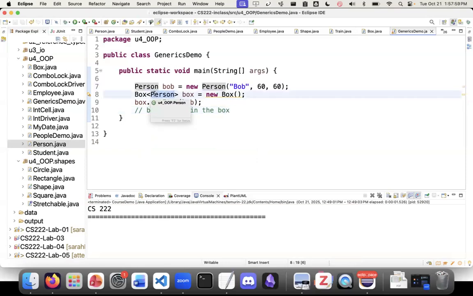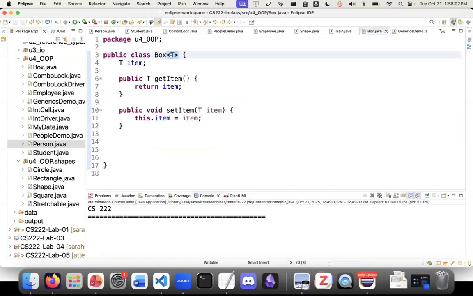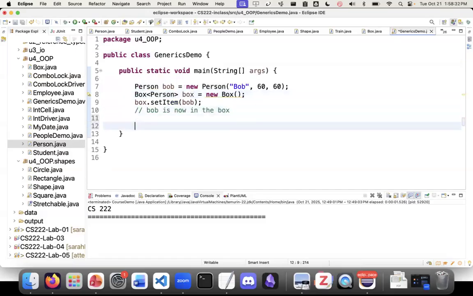We can put a person in there because we said the box is going to contain any kind of reference type. I don't know what it's going to be. And so we decided, okay, the reference type that's going to live there is a person. We could have chosen a square. We could have chosen a combo lock, right? We can put any sort of thing in our box. This angle bracket T lets us do that. And this actually holds still. So if we have